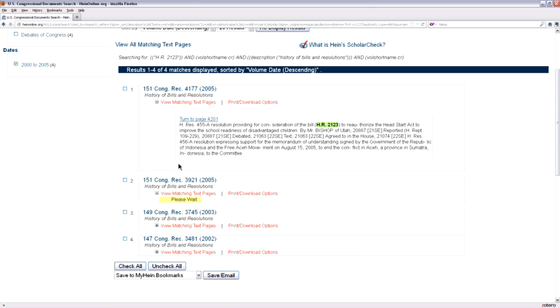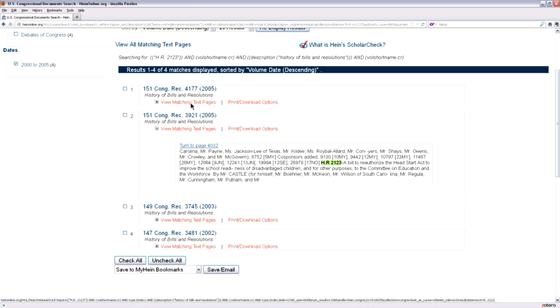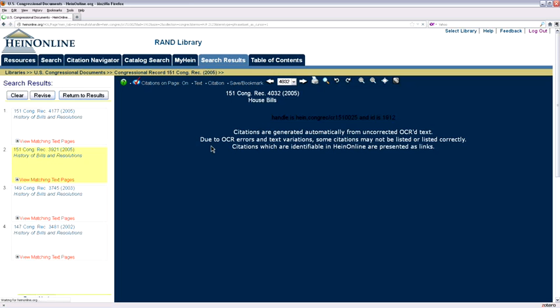we'll be able to see exactly where the bill appeared in the History of Bills and Resolutions and the 2005 Congressional Record. And our first result here, if we read our text, this is more of a resolution that's referring to the bill, so that's likely not the one we want. But if we look at our second one here, 2123, a bill to reauthorize, and we link to page 4032,